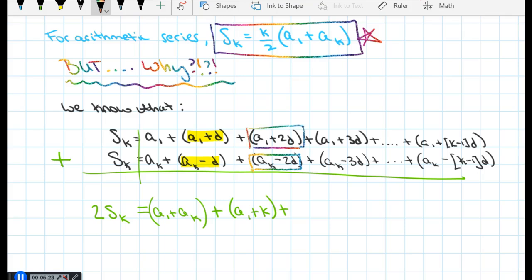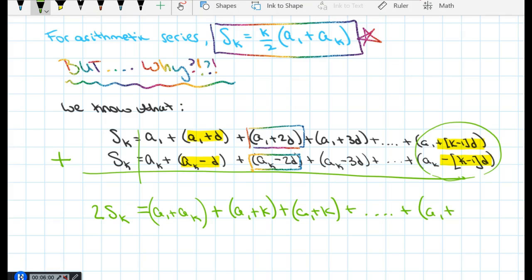Let's add these two. When I add, what happens? Positive 2d minus 2d, those add up to another a sub 1 plus a sub k. I think you notice something. Every pairing here that I add, you're going to end up with a sub 1 plus a sub k. Let's look at the last term here. If I added these, this expression here, all of that when I add is going to cancel with all of this. So even back here at the end, I'm going to have plus dot dot dot plus a